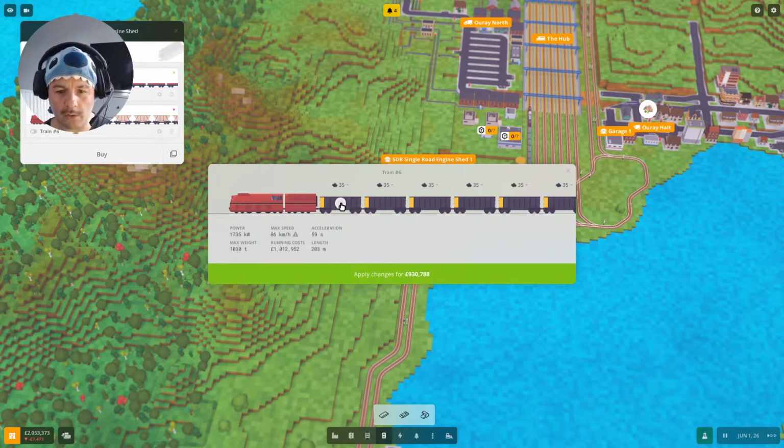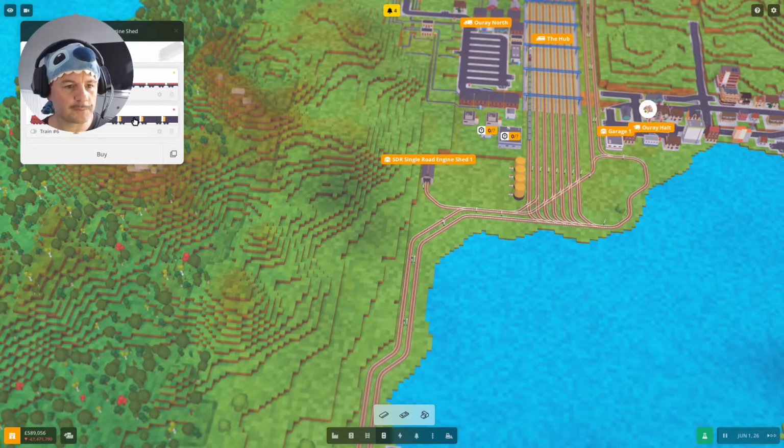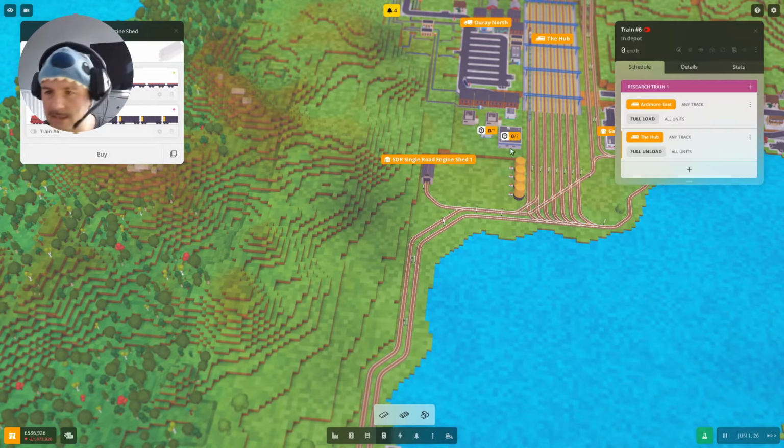He's got a long way to go, so what's that? 203, 11, 12, 13, 14, 270. 1.4 million. Let's do so. The BR class, and he is going to be